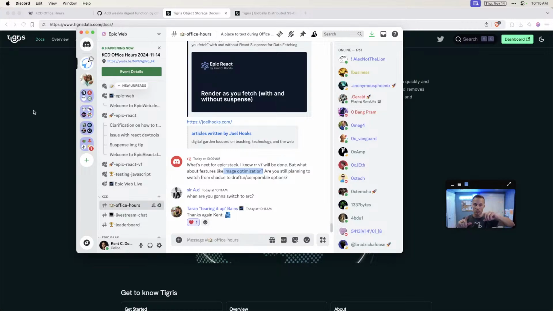So you have the big image, and then you have a small image. Maybe Tigris wouldn't be the right solution for that either. Potentially, I think it probably would, but maybe you wouldn't do that on demand, or by default you do it on demand or something. I don't know. There's a lot to evaluate with this, and what actually goes into the Epic Stack is also tricky. But yes, that's a long answer to your simple question.